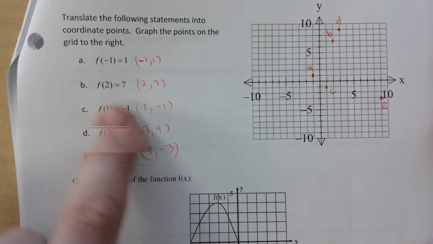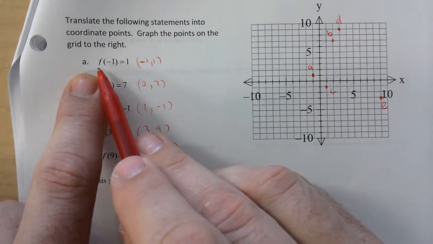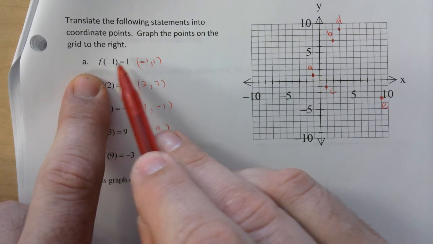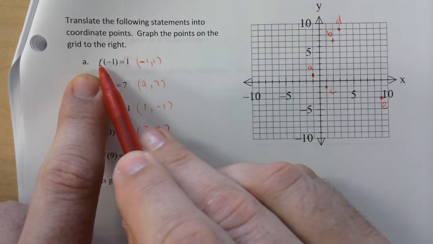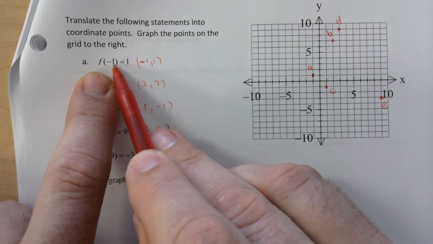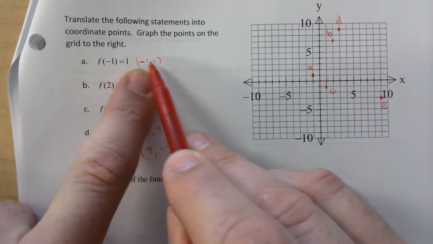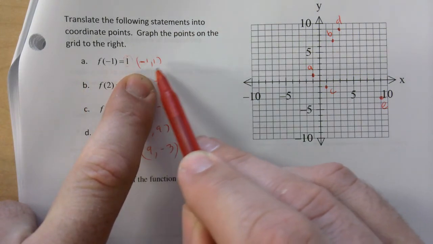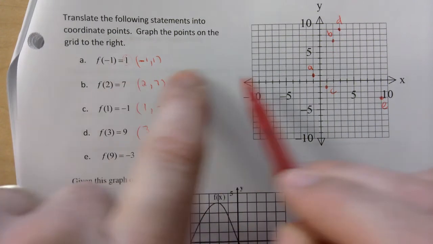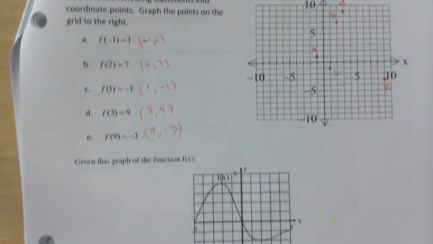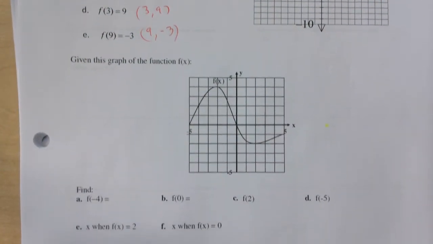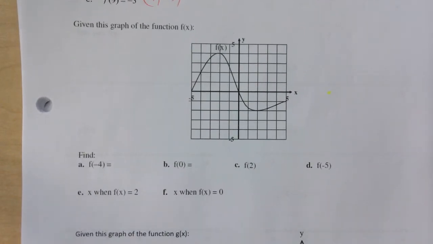Okay, and remember, just a couple pages ago, you would calculate this value, right? You would say, hey, find f of -1, and you would calculate and come up with 1. And I told you that's actually a point, right? That you found, and boom, right? We're doing that here. Given this graph of function f of x,